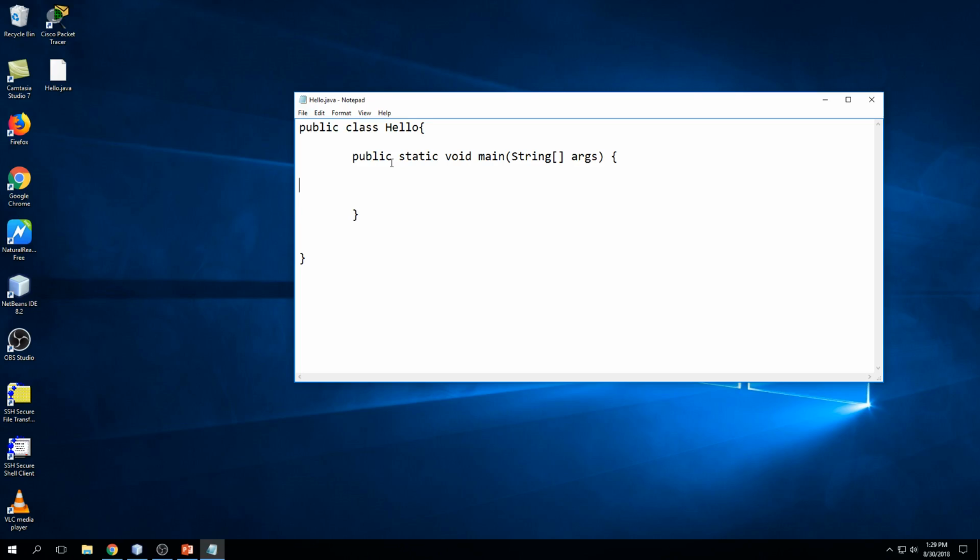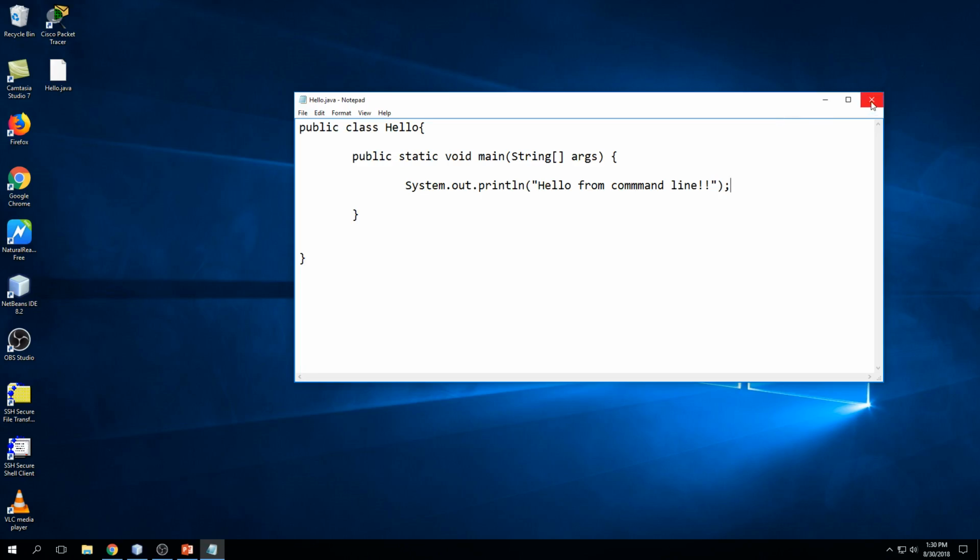And inside our main method, we're going to have just one output statement, and we're going to display the message hello from command line. So that's our simple program. Let's save it